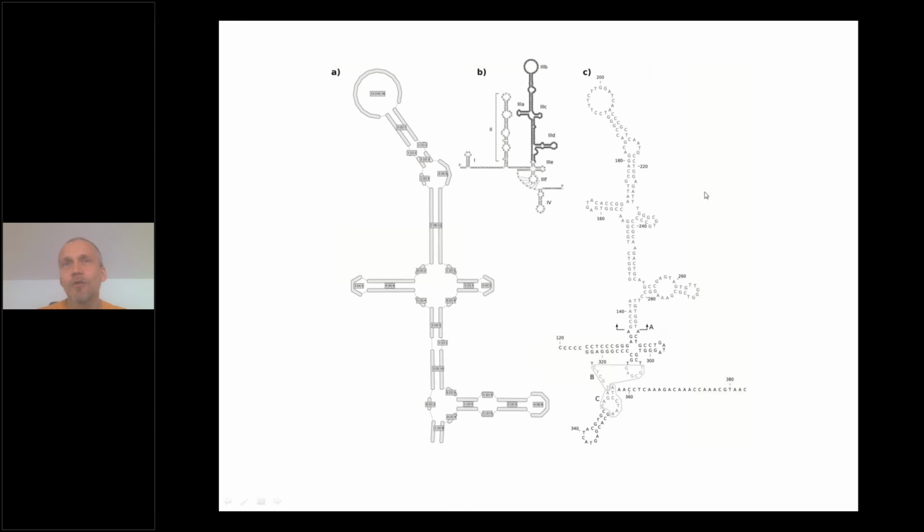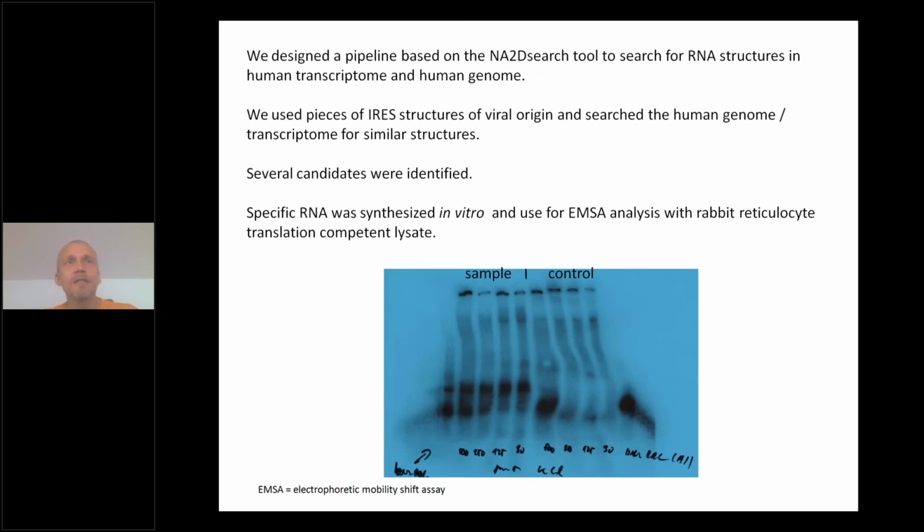These arrows show what we would like to draw, and this is the IRES drawn in the NA2D search in the graphical user interface. And then we designed a pipeline using this NA2D search tool to search for RNA structures in the human transcriptome and human genome. We use different pieces from different IRES structures of viral origin and search the human genome and transcriptome